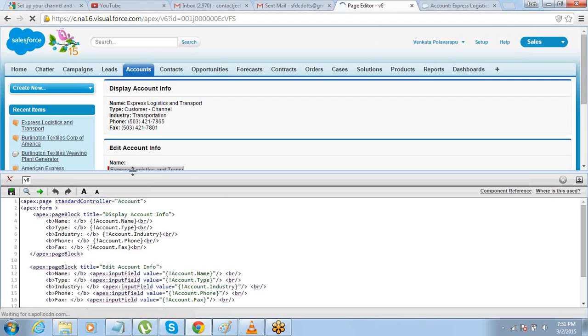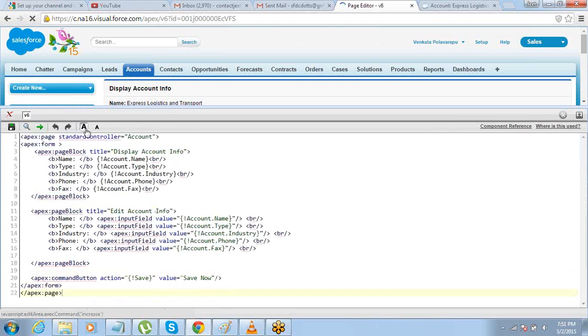Alright, clear on this? Please let me know if you have any questions, doubts, queries on this. Have a quick look onto the code. Sir, the button tab, how did you use the label? There is an attribute called value. So value is what will be displayed on the button, and action is what